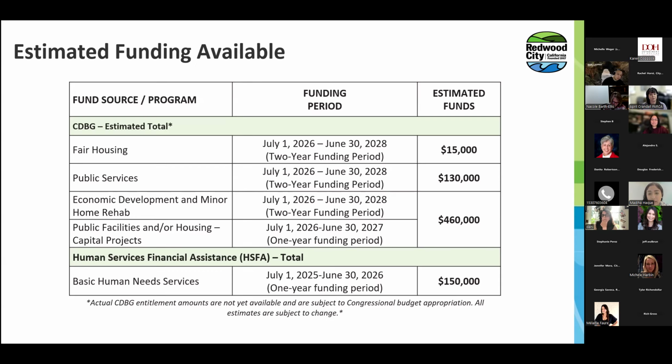So this means that moving forward, the city's HOME allocation will be pooled with other consortium members for projects throughout the county. While this could mean more competition for HOME funds, it will also increase the overall amount of funding available. So if you have a project within incorporated Redwood City that you're interested in applying for HOME funds, please apply through the county's NOFA.